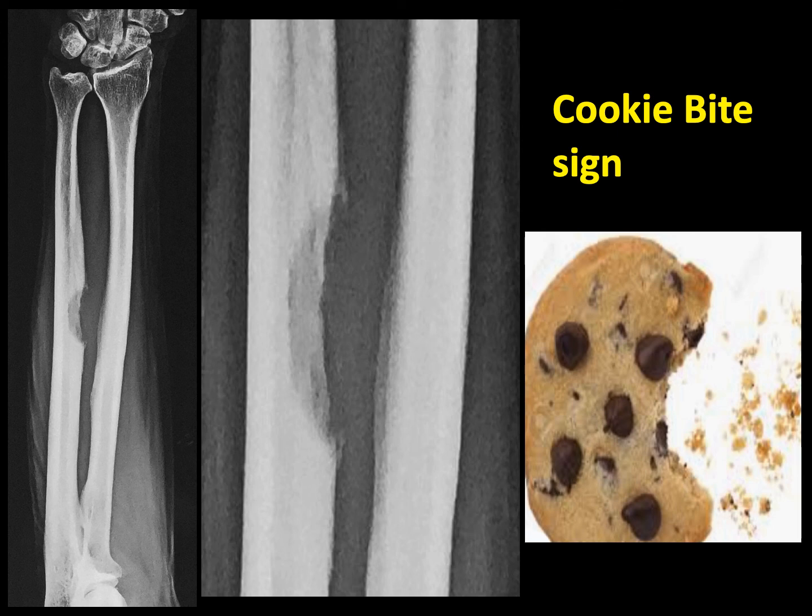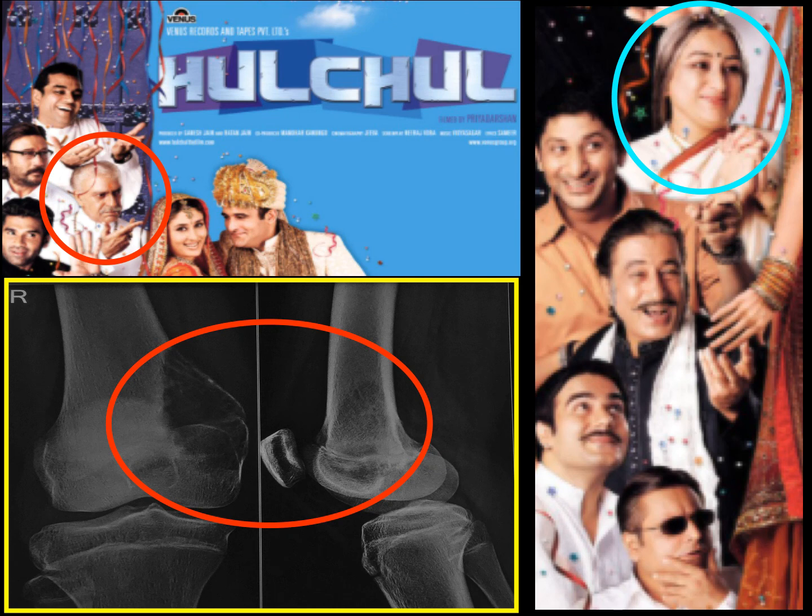So can we appreciate all the X-rays and diagnose all the lesions on radiograph? No, it's not the case. This is a classical example: a lesion involving the distal end of the femur in a skeletally immature child. If we read this X-ray properly based on all our criteria, it looks like a quite well defined osteolytic lesion in the distal femur with no periosteal reaction, and whether it's benign or malignant is very difficult to say.